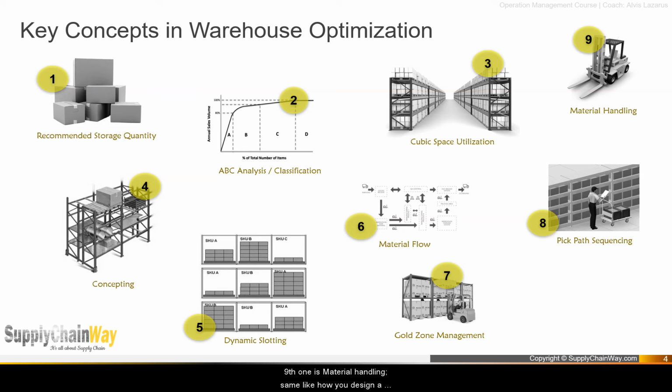The ninth one is material handling. And just like how you design a storage, material handling has to be designed. If you are coming up with a material handling design and you are pumping in huge capital, and it is not giving you the return on investment, that means you have not done a proper material handling design. You need to ensure that you design your material handling aligned with the requirements of the business, such that those investments give you a return on investment. The metric we use here is utilization of material handling equipment.